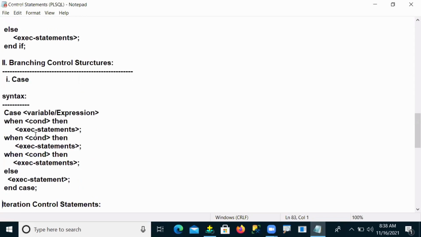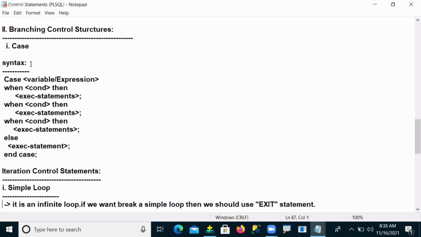Come to branching control structures. Branching control structures have only one case statement. In the case statement syntax, you can declare either a variable or an expression along with the case statement. So there are multiple conditions here.